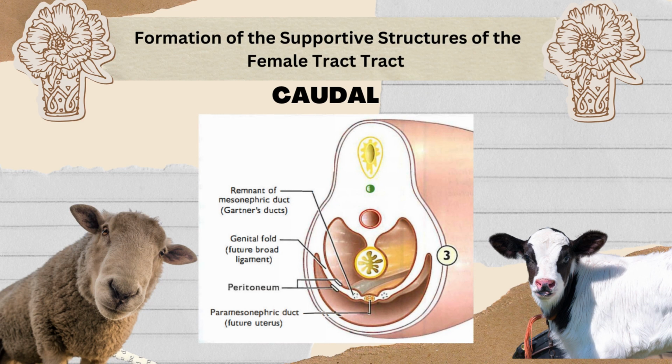In the more caudal regions, the paramesonephric ducts have completely fused, thus creating either the body of the uterus, the cervix, or the cranial vagina. The remnants of the mesonephric ducts sometimes embed themselves in the wall of the vagina. These remnants can be seen in the adult animal and are called Gartner's ducts. It should be noted that the reproductive tract is sandwiched between two layers of peritoneum referred to as the genital fold. This connective tissue layer from the peritoneum forms the broad ligament that supports the female reproductive tract in the